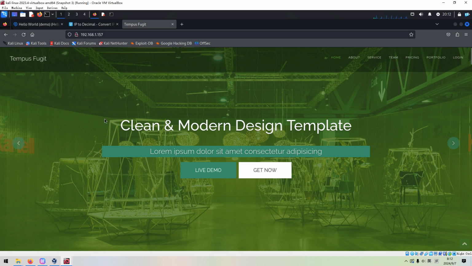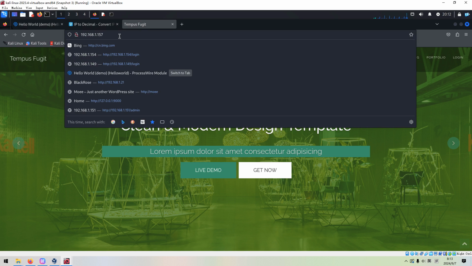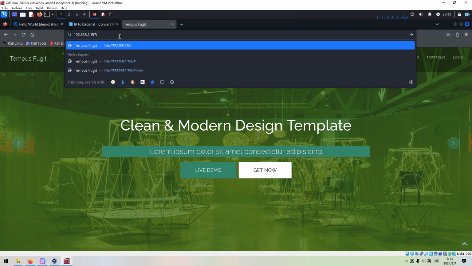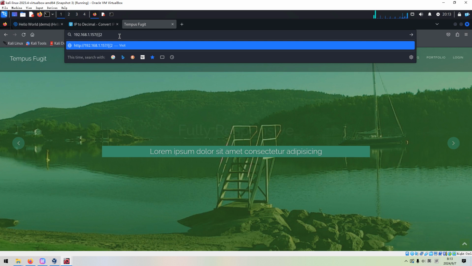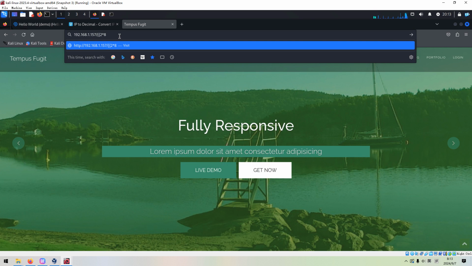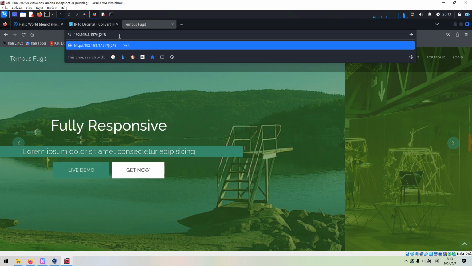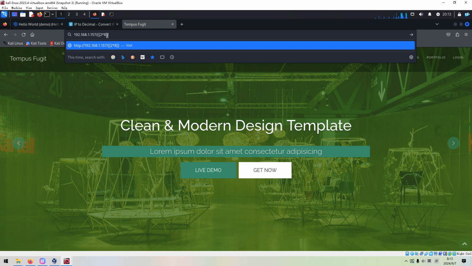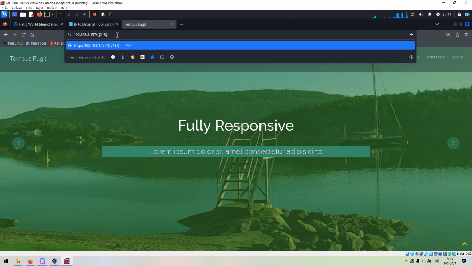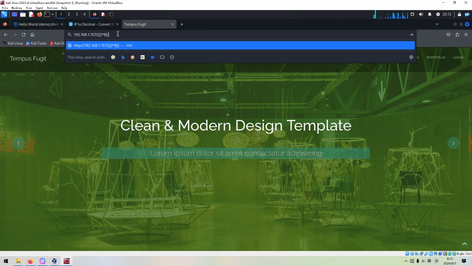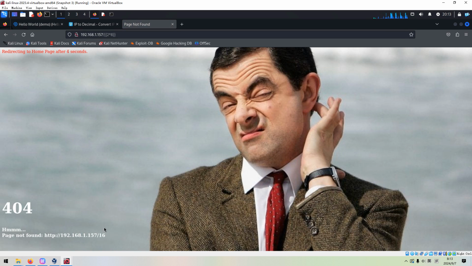Okay, so now, for example, we can put 2 multiply 8. If 16 is returned from the target, this will confirm our guess. Okay, this is indeed vulnerable. We can press enter. As you can see, 16 is returned.